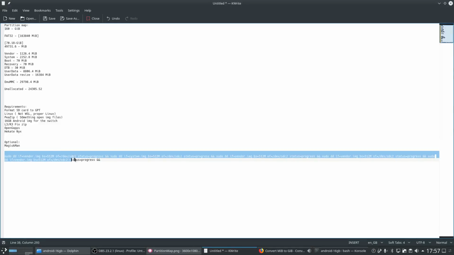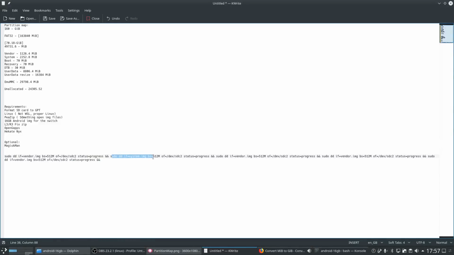So this is the vendor image one, then we have the system image one, and that's going to be SDC3. Now if you've done this in the right order, you won't need to worry about any of this. If you followed through my partition scheme, well, not size-wise, but the way that partition table is laid out, you'll be fine doing it this way. So status equal progress,